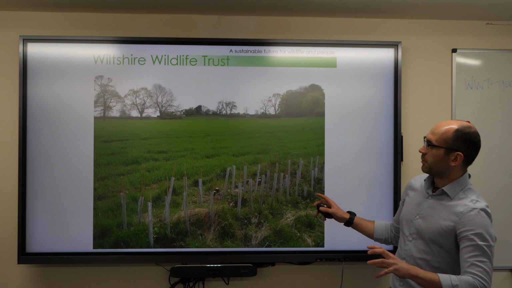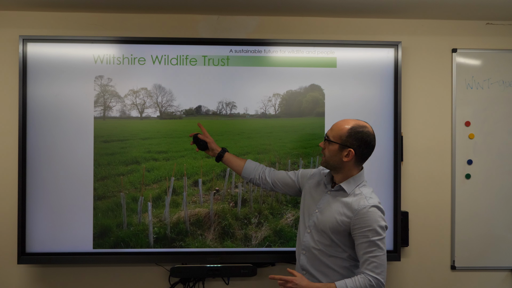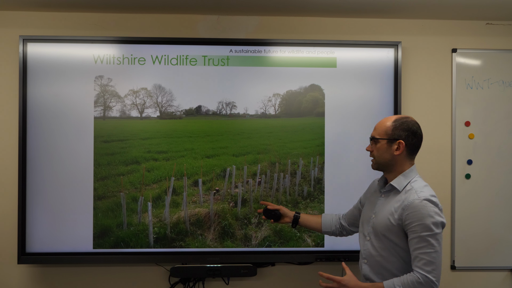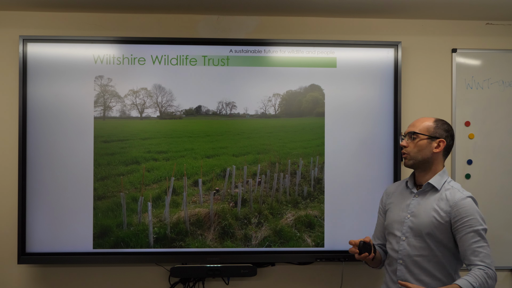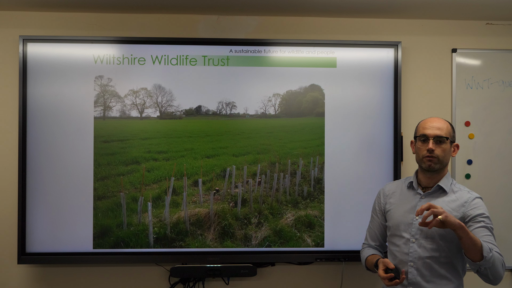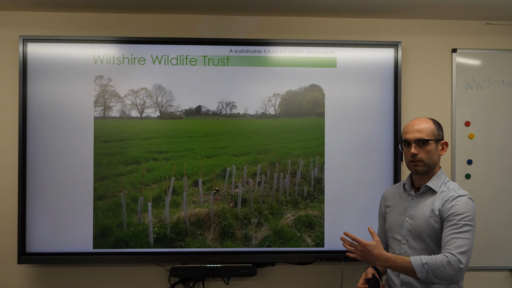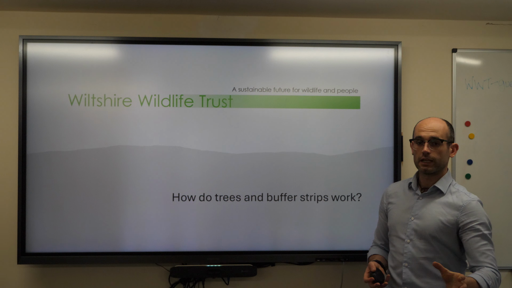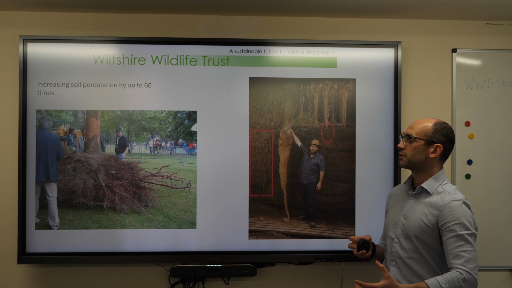So this is a brand new example of a cross-field hedgerow. You've got a slope going up that way, and what happens is the water comes off here, it hits this hedge, it hits a barrier, it will then build up water behind that hedge, or the root mass of those trees and hedges will increase the percolation before it gets to the river again. We've touched on how trees and buffer strips work, but I think this is a really clear example. A deep root mass of a tree can increase soil percolation by up to 60 times, which is an enormous amount of